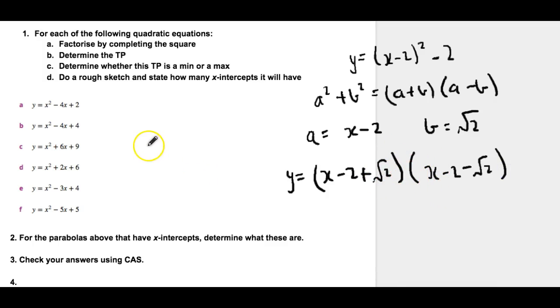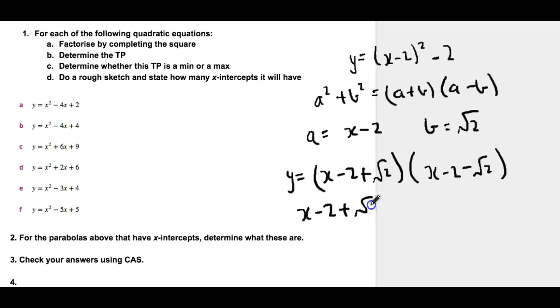Now you wouldn't have been able to do that just from here. You wouldn't have been able to say, well, 2 numbers when multiplied give me 2 and when added give me -4. But here they are. Okay, so this is how you would use completing the square to find your x-intercepts. So your equation in factorized form. There is another way to do it, but it's the same way, so we'll just leave it as this. Okay, so using the null factor law,